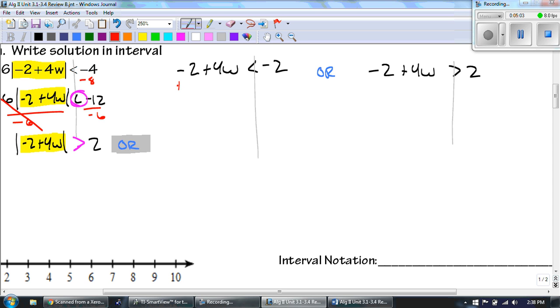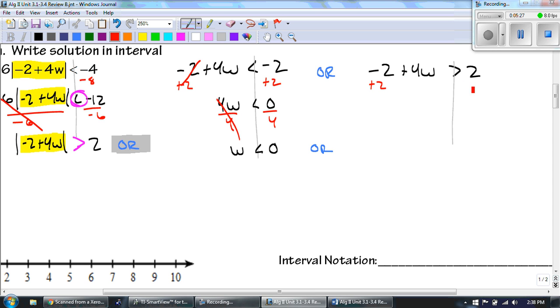So what do we do? Well, we solve. I add 2 to both sides. I get 4w is greater than negative 2 plus 2, which is 0. Divide by 4 on each side. We get w is less than 0. Or